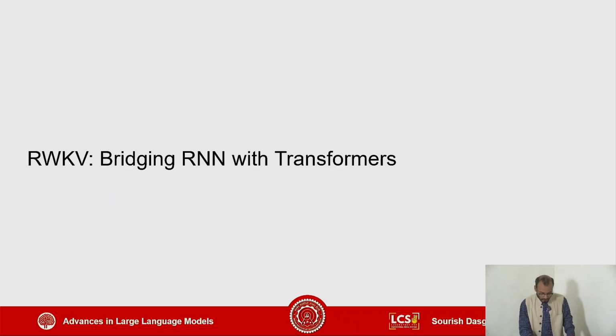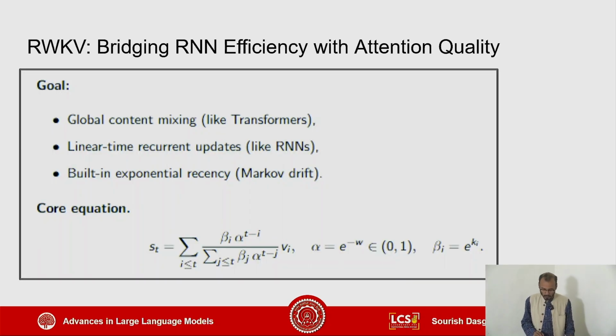So RWKV comes as a bridging between the RNN era models and the transformer era models, right? So what's the goal? The idea, the inspiration, or the motivation was, can we somehow get the good thing about transformers, which is the high quality attention, the self attention, can we bring that in? But at the same time, can we also bring the more